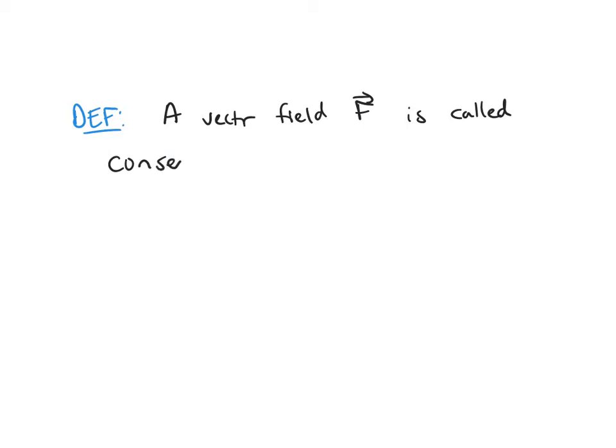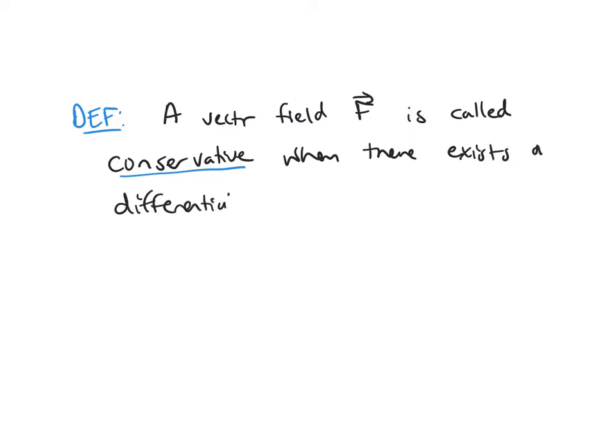So now we're going to define a new term. We're going to say that a vector field F is called conservative when there exists a differentiable function f such that the gradient of little f is equal to big F,